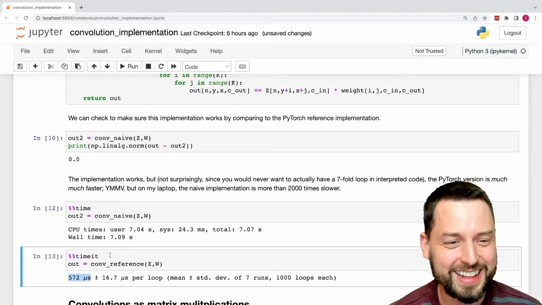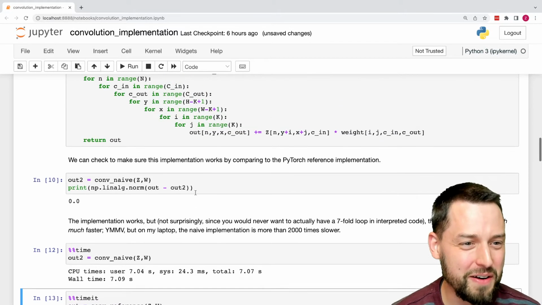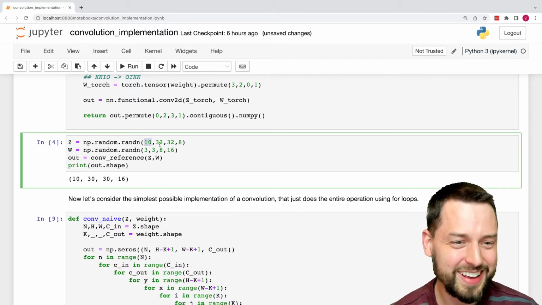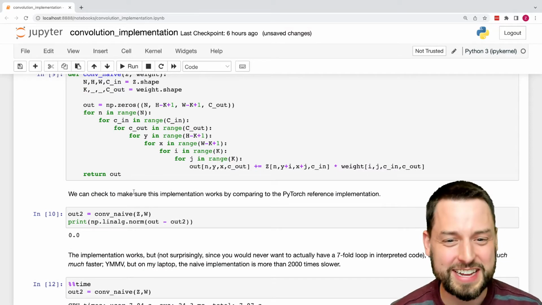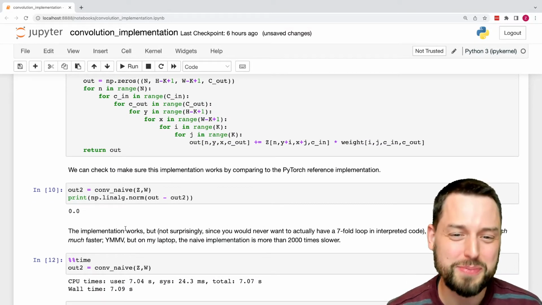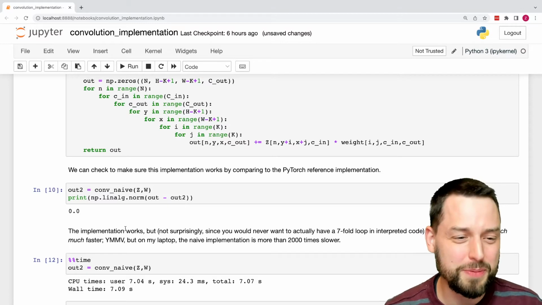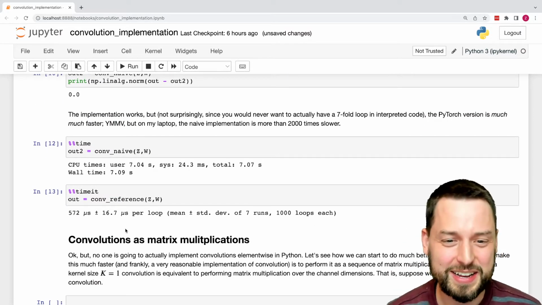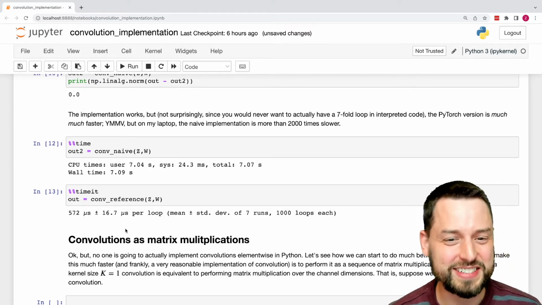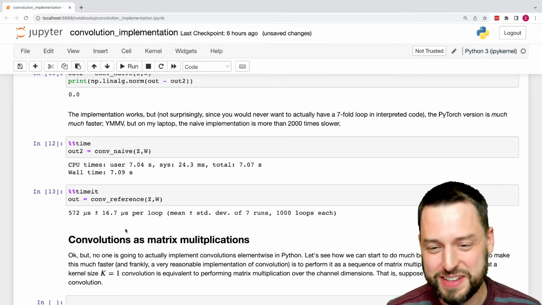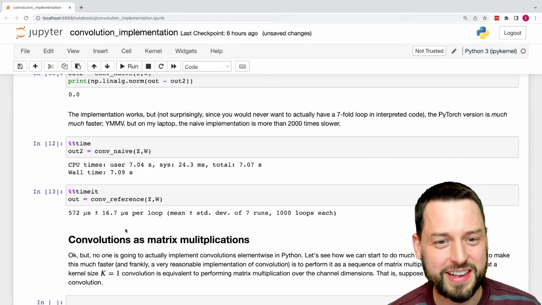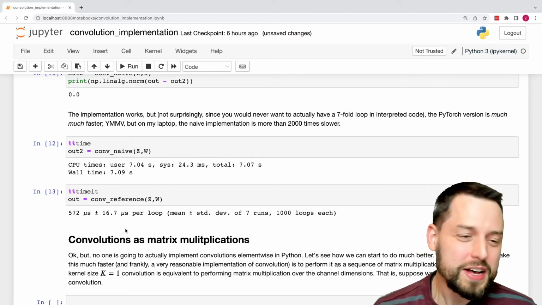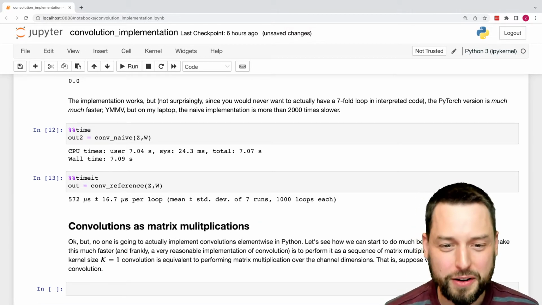And this is not what you want, right? We're doing a very, very long call, and this is not even that large of an image. It's only a batch of 100, 32 by 32 by 8. It took us 7 seconds to do one convolution, whereas PyTorch, still on CPU, not surprisingly takes less than a millisecond to run that. So not exactly fast enough for our implementation. Of course, it's no surprise, doing these things as a 7-layer deep for loop in Python is not the best idea. Okay, so let's move on now and do a much better version of convolution,